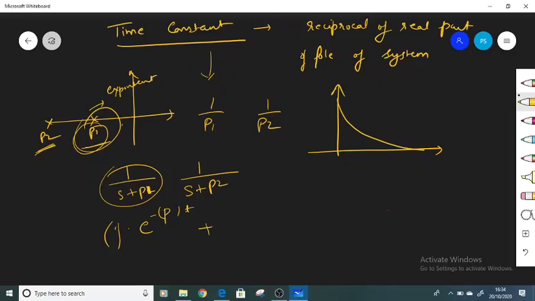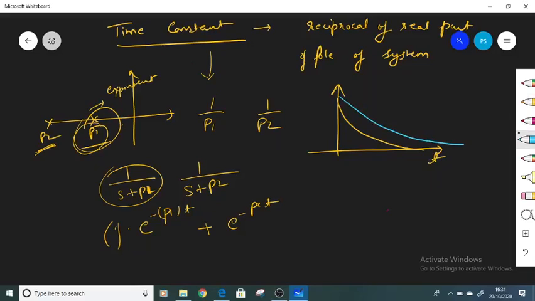Okay, this will be p1t, and due to this we'll have some constant multiplied by e to the power minus p2t. So in the output that we are getting, we are having two exponentially decaying terms. One is e to the power minus p1t, another is due to e to the power minus p2t. Now if I want to plot the graph of these exponentially decaying terms, so I can say that one of